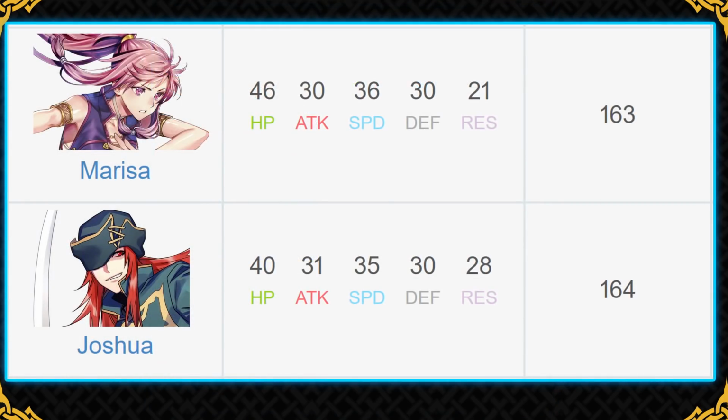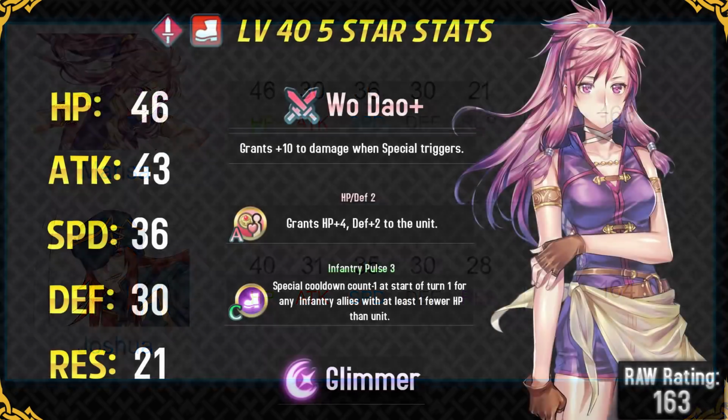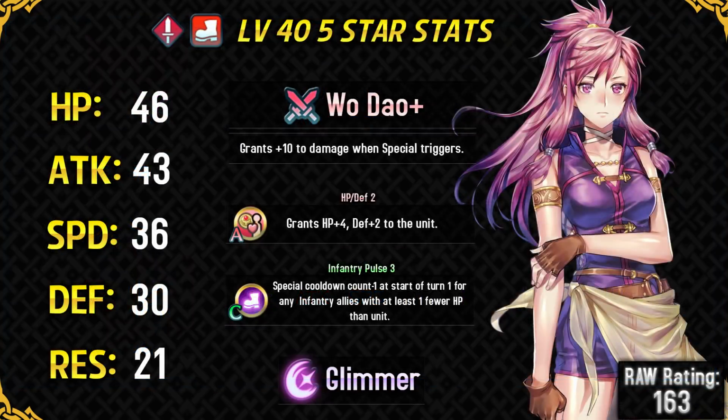Joshua completely blows Marisa out of the water by having better resistance, higher damage output because of Adelma, and a much better default skill set. The only thing Marisa has over him is higher HP, so Joshua cannot really run Infantry Pods or Panic Ploy like her. So Marisa does not really stand out when it comes to combat, but as a free unit who